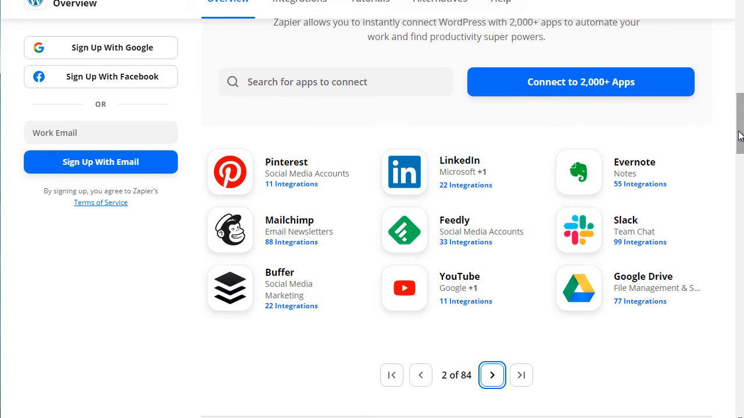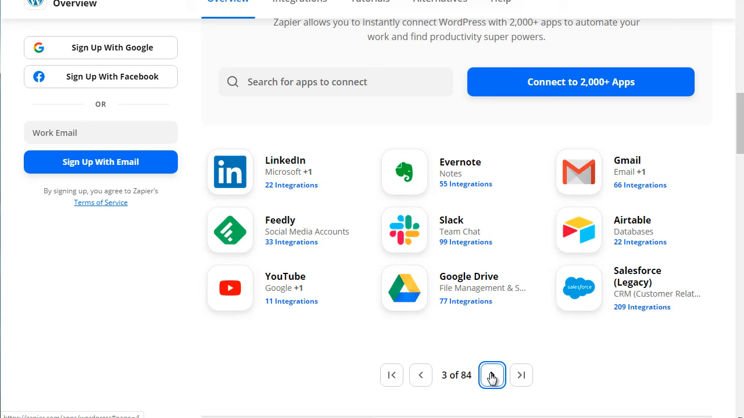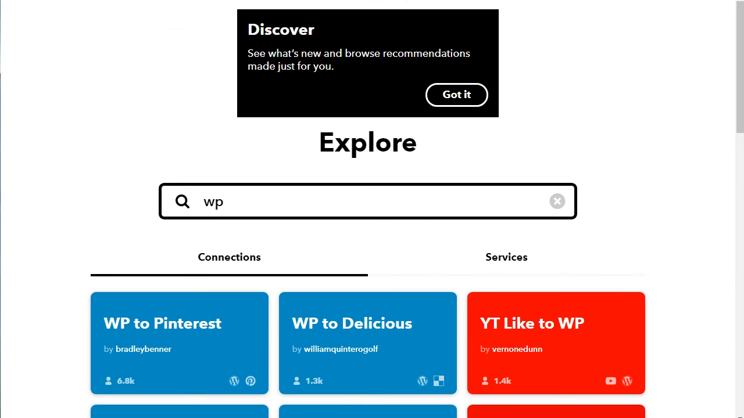Now, what you might want to do is you might want to check to make sure that it is connected to all of the social media platforms that you're using. It's really easy to use, and I'll actually show you with IFTTT, which is the second platform. This is